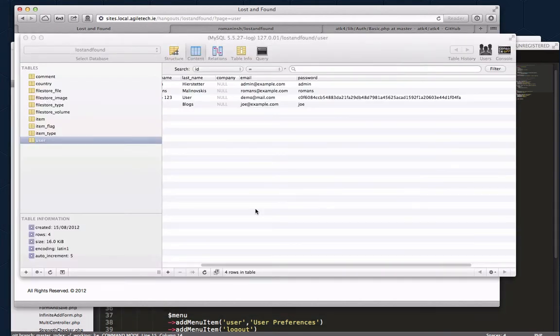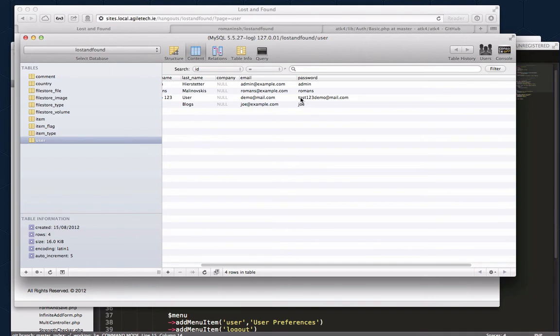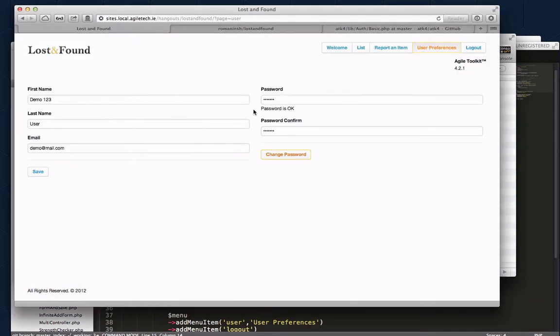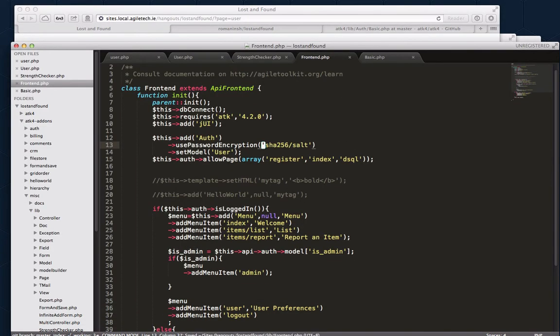Changing our password. Refresh. Okay, and there's a password concatenated with salt. So pretty easy to extend. We could have our own function. I'll leave it back at